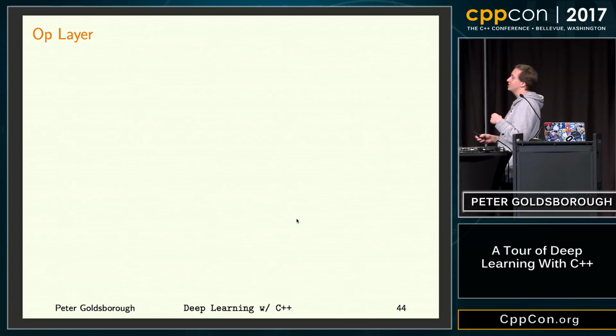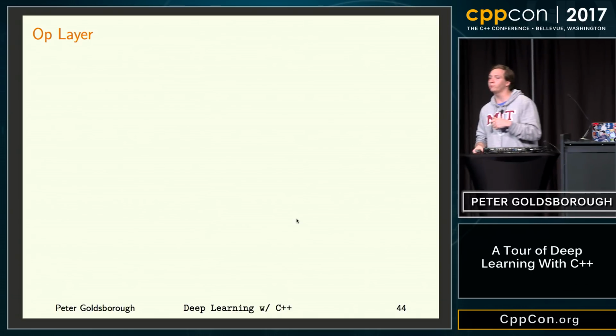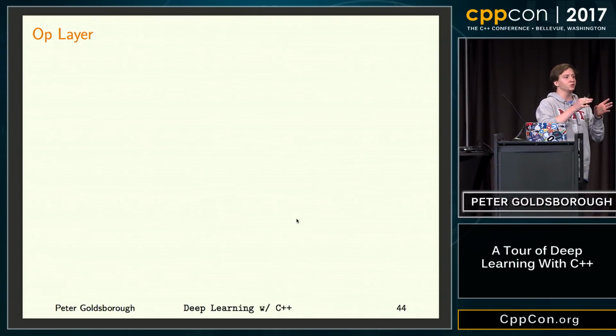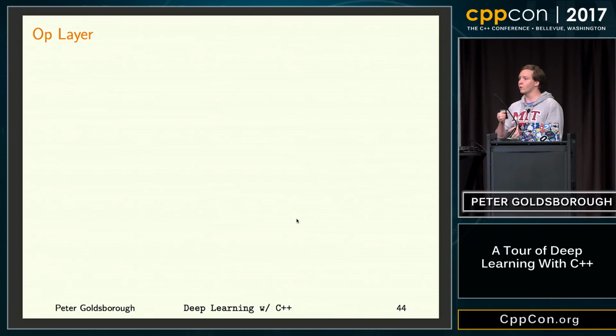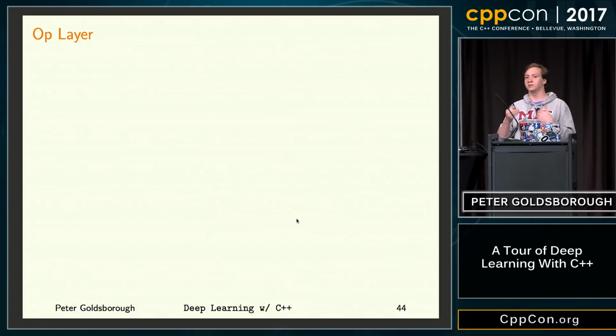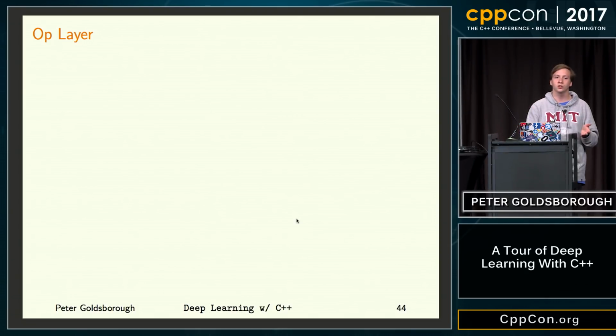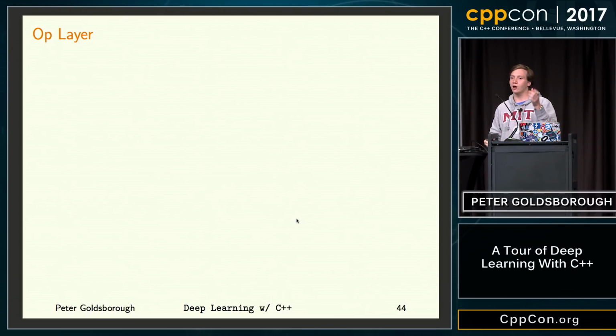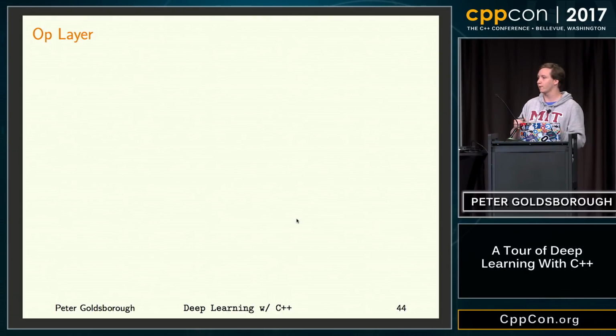All right, now moving on to the next layer. The op layer, I would say, is the last level of abstraction before we move into actual code. So the idea of an op is that you would have some kind of abstraction over the implementation of some operation for multiple devices. Imagine you have a CPU and a GPU, then for some operation like the convolution, you would have different implementations for CPU than for a GPU. And the op might be some kind of abstraction over that, where the framework would then use whatever implementation is most efficient for your setup.